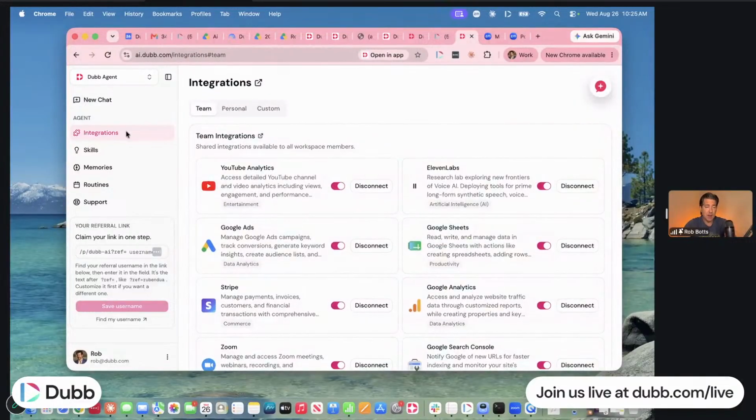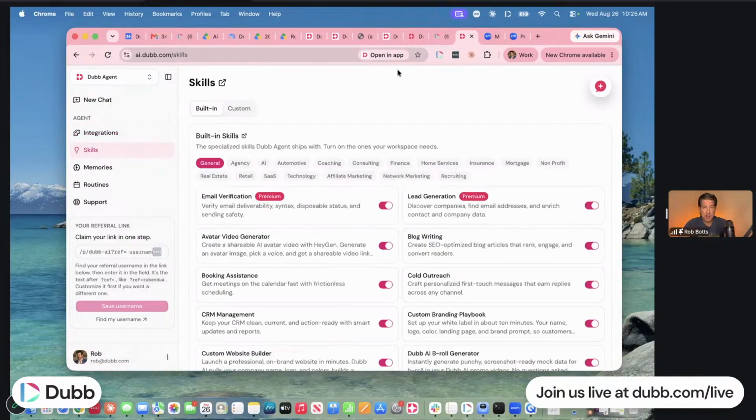Now, the other part of it is going to be skills, which is right over here to the left. Now, skills in here, we have a nice little breakdown across the top here. We have a general category, and we also have other industries here as well. We have a custom category we'll pop over here in a second. The idea behind skills is you want to give Dub Agent the green light to be able to do these things at the highest possible level, these skills that have been created. Now, when you flip on a switch down here, it means you want it to do it. It's available for you. So you flip it on, then when you do something within that realm, it's going to follow the guidelines and rules that have been created for that skill.